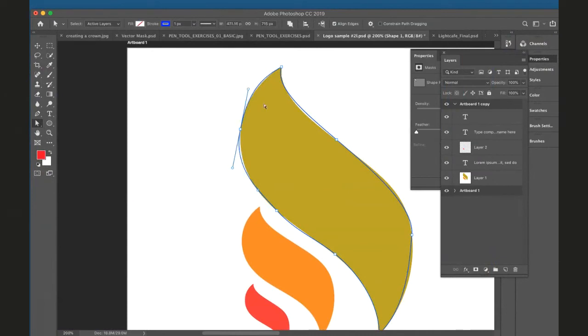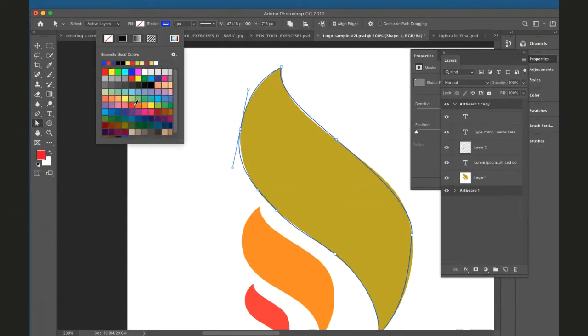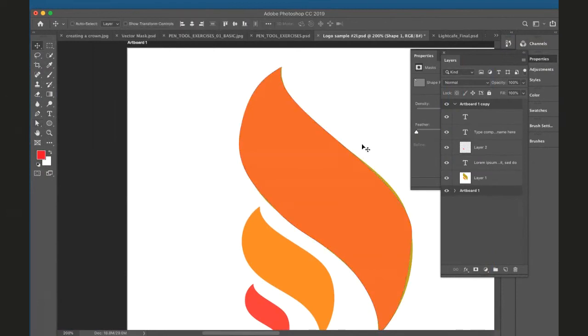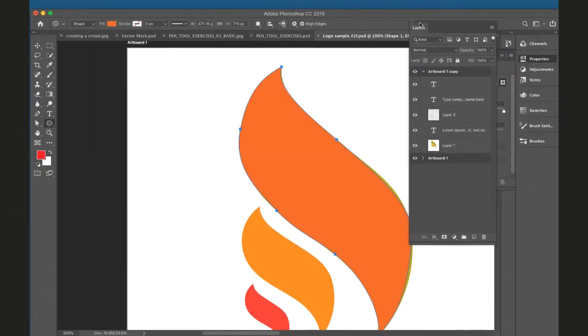So I kind of have, let's say, this shape. So let's say I decided to do a shape like this and I want to do a logo that looks like that. So I can go in and fill it with a color. I can tell it not to have any stroke to it. So I have that and it's all okay. And you can see here, it is in your layers panel, and I have it somewhere here where I created the shape that I have. So now once I have that, I can go in and